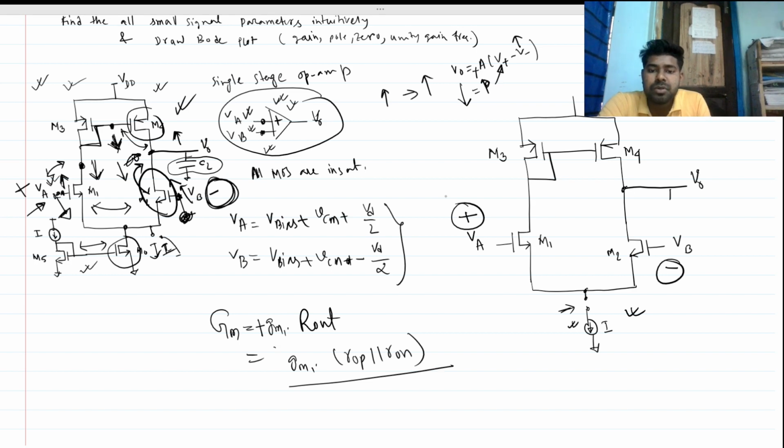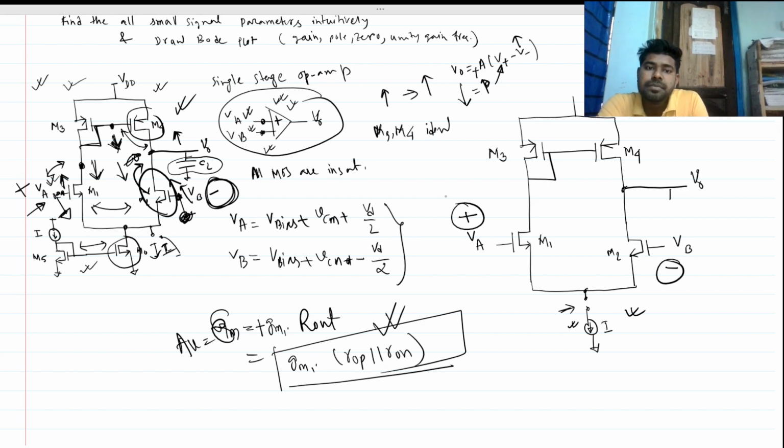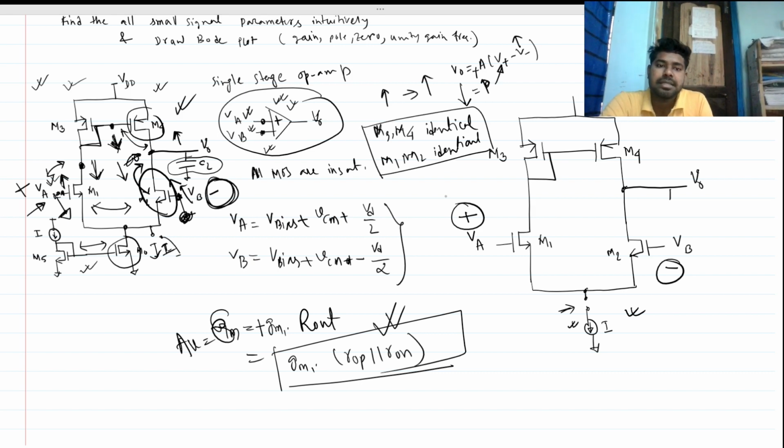We know that, but we are going to do intuitively how it comes, okay. And a mistake all freshers may do, I will rectify it in this video, like how to approach finding this r out and overall gm, okay. So this will be the gain, right? Now we assume that the PMOSes M3 and M4 are identical, and M1 and M2 are identical, like they have similar behaviors,